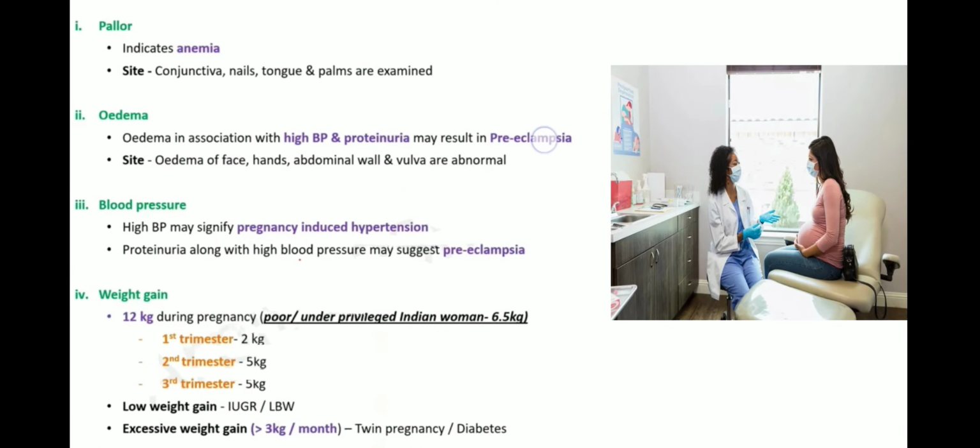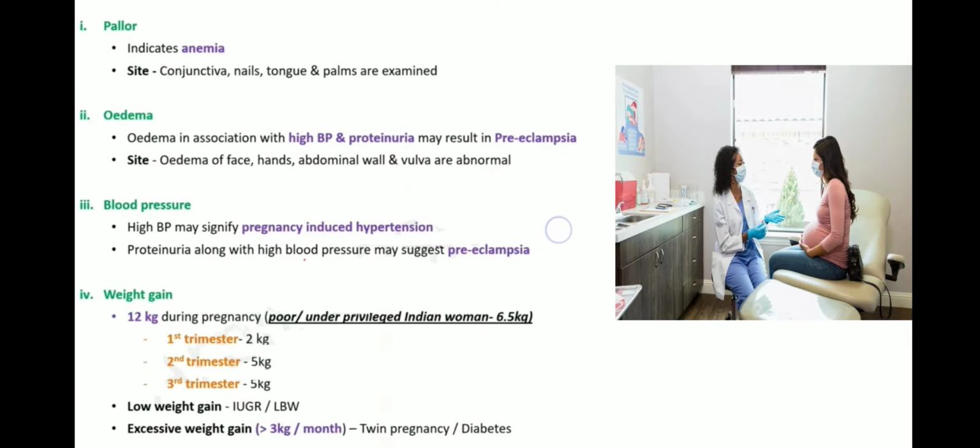Moving on, edema can be suspected if the woman will complain of abnormal tightening of rings on her fingers. How will she complain? She tells that the rings she's wearing, or the toe rings, in Indian culture they wear toe rings as well, have become very tight. She refers to them as tight, and if there is edema, we know that there is an association with high blood